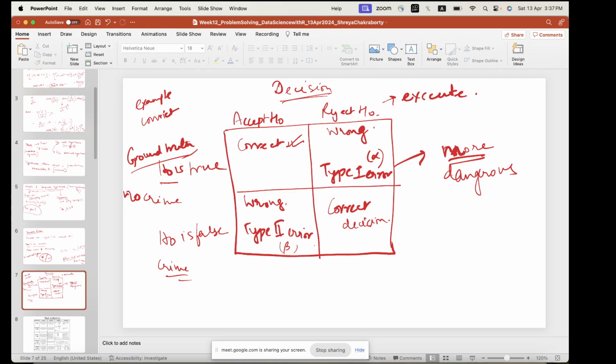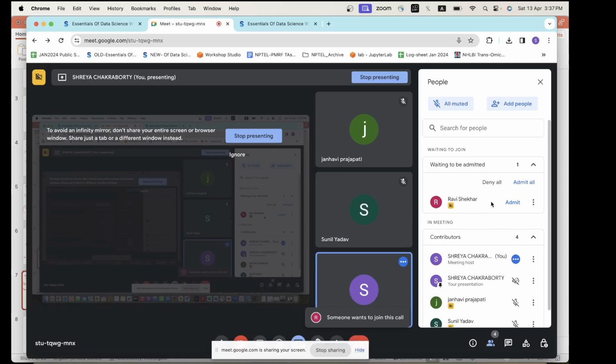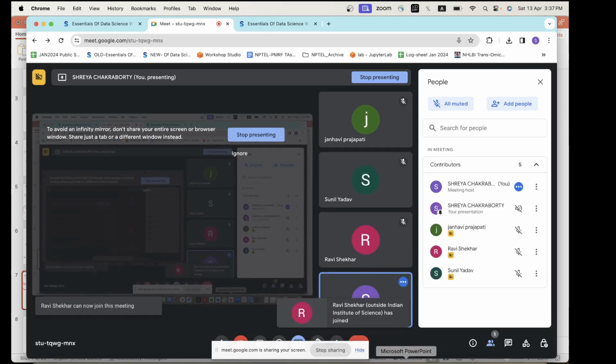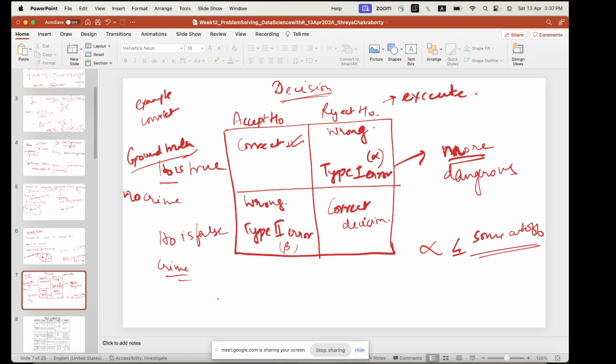So what is usually done is that we set type 1 error less than or equal to some cutoff. Okay, so we fix it that we are not going to allow more than this percentage margin of type 1 error. And once we have fixed that, the next goal is that we reduce the type 2 error. Reducing type 2 error is actually increasing the power of a